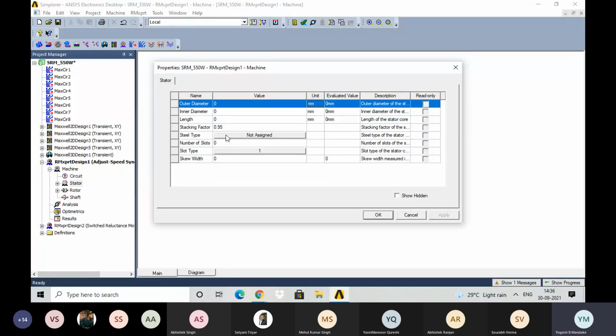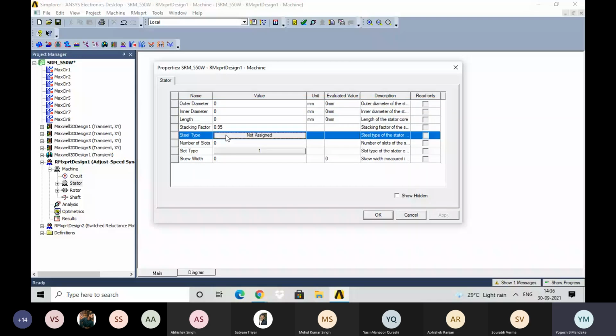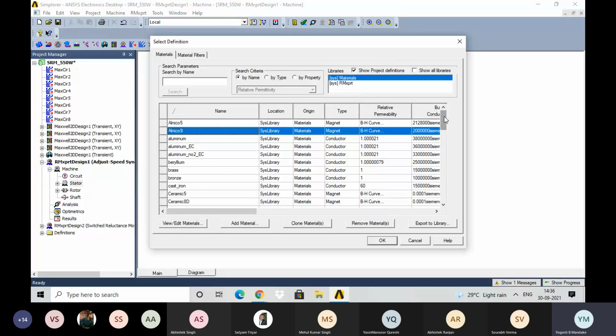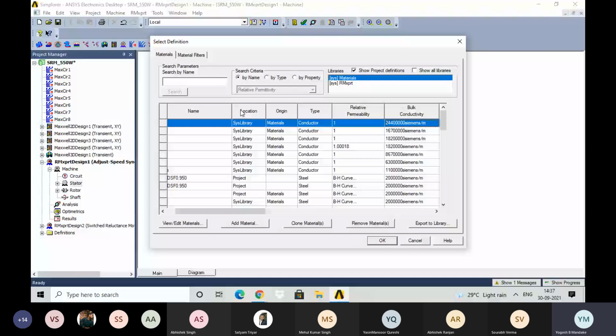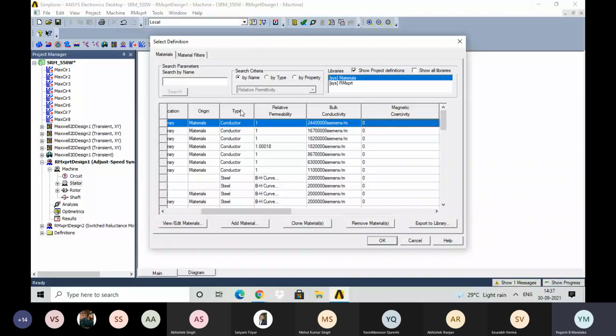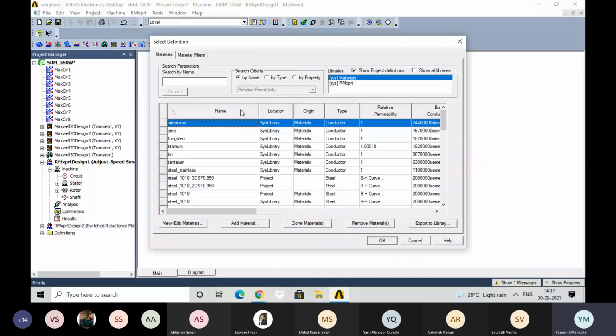As we have already discussed, we can select the material type in this software. So if we double click here, then the library for the different materials is available. This is also one beauty of this software. That is, you can select a different material, and within a few seconds or a few minutes, you can obtain the performance with the help of the new material for your design. So here, if you have invented some material of your own design and you want to use it to check the performance of the machine, then according to this table, you need to provide the information of that material.